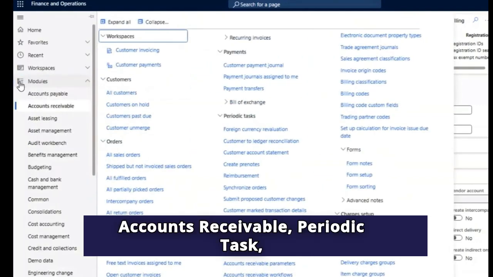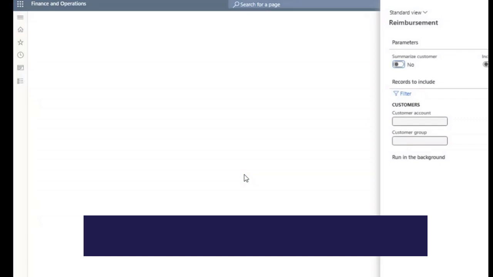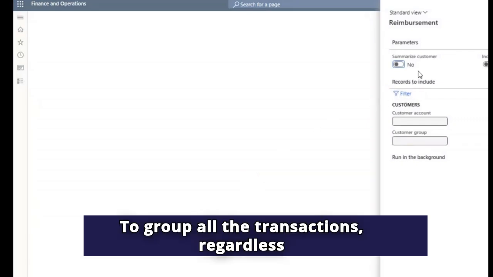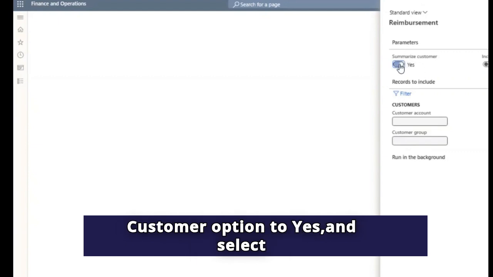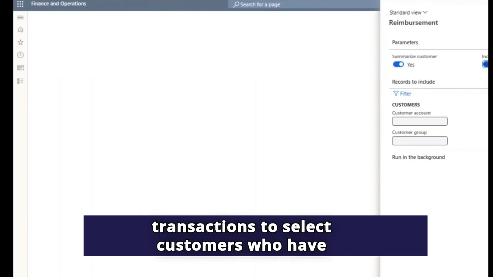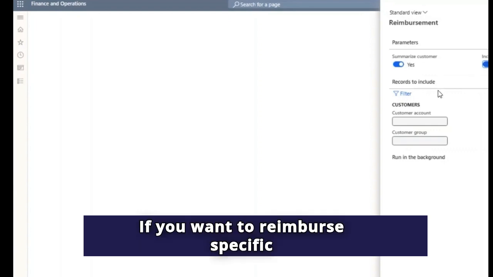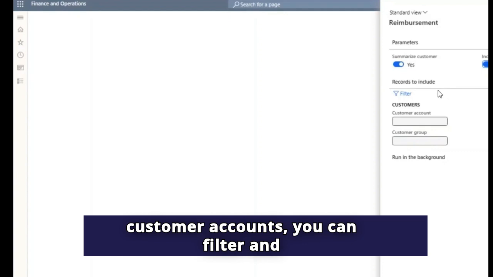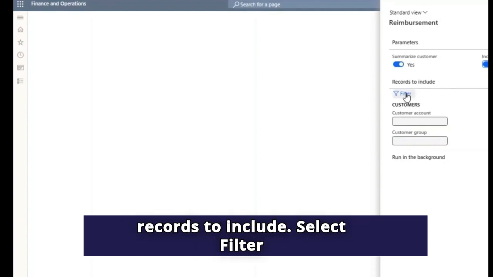Navigate to Accounts Receivable, Periodic Task, Reimbursement. To group all the transactions, regardless of ledger dimension, set the Summarize Customer option to Yes, and select Include Customers with Outstanding Debit Transactions to select customers who have unsettled debit amounts. If you want to reimburse specific customer accounts, you can filter and specify the customer account on the records to include. Select Filter,